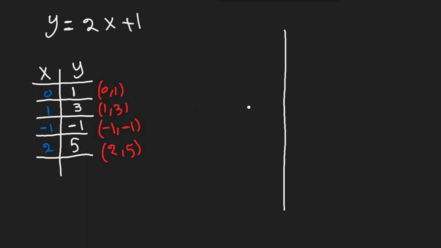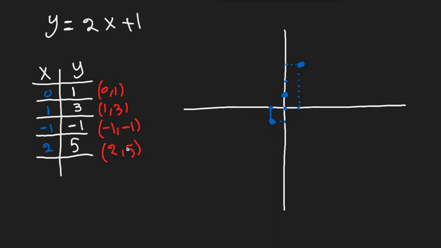accurately, because if I draw with the ruler and everything accurately, it takes a long time. So the first point is 0 and 1, x is 0, y is 1, it's this point. Second point is x is 1, y is 3, it's 1, 2, 3. So if we connect, it's going to be a point here. The third one is -1 and -1, x is -1, y is also -1. It's some point, it's coming here,